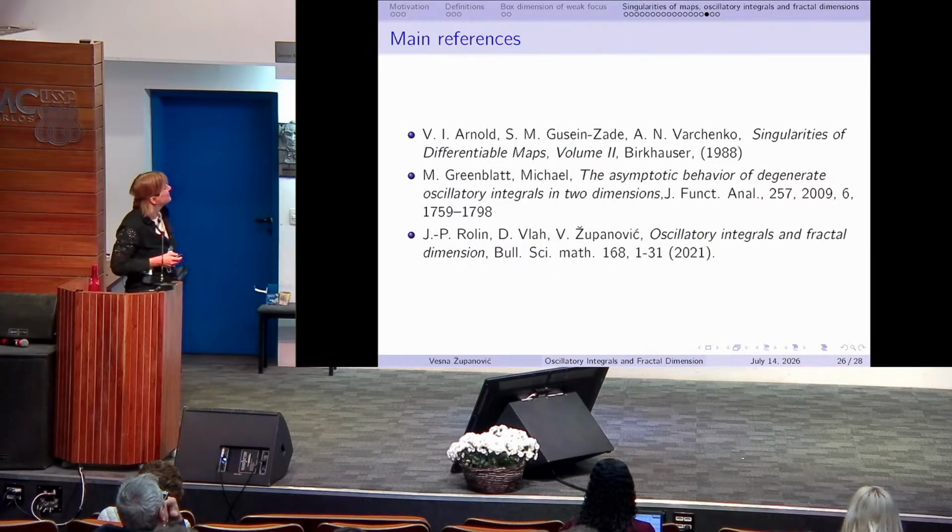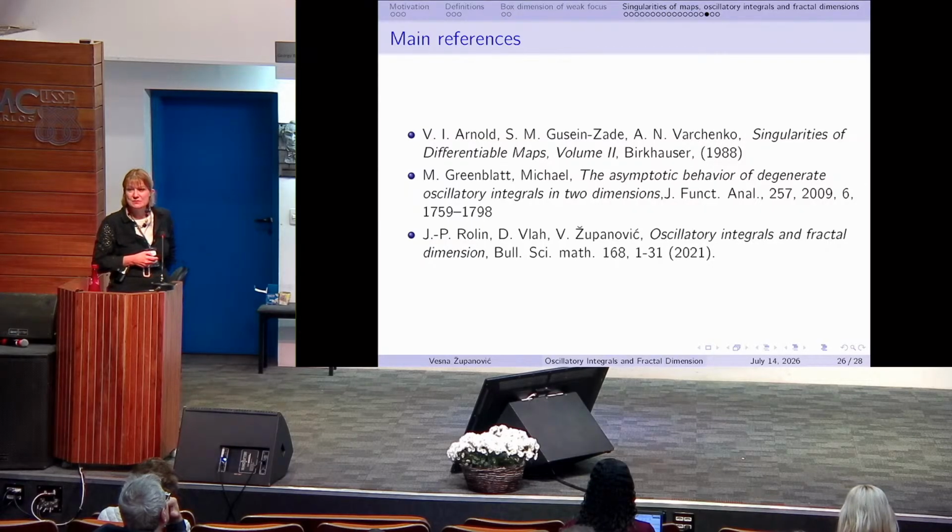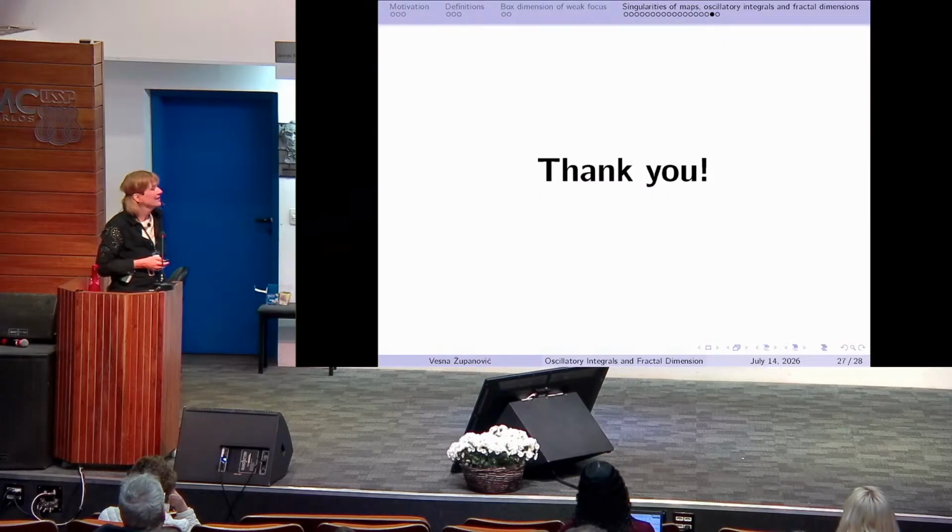So okay, this is our article, which I basically talked about, and we are also using this Greenblatt article a lot, because for some of our cases these coefficients in front of the leading term weren't available from the classical literature. So we are computing some using Greenblatt, and some of them we computed by ourselves. But for the non-degenerate case, we had these classical results. So thank you so much.